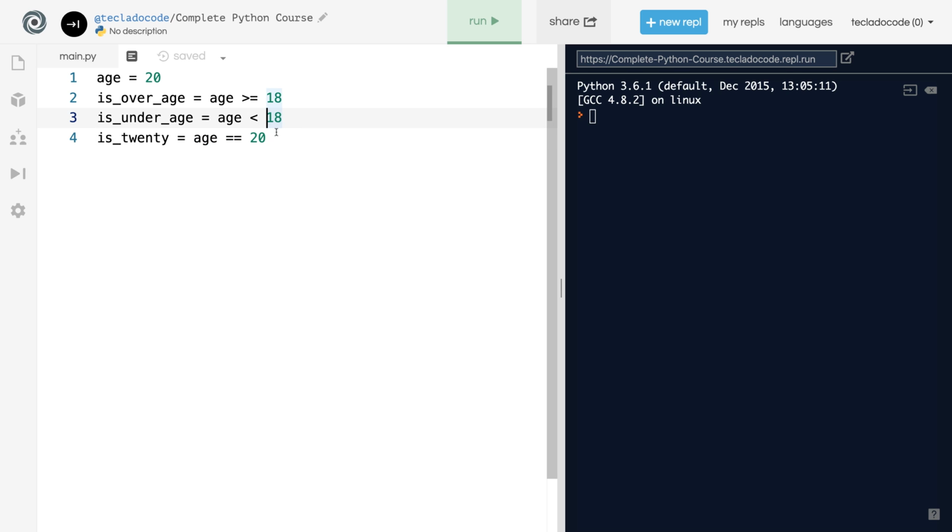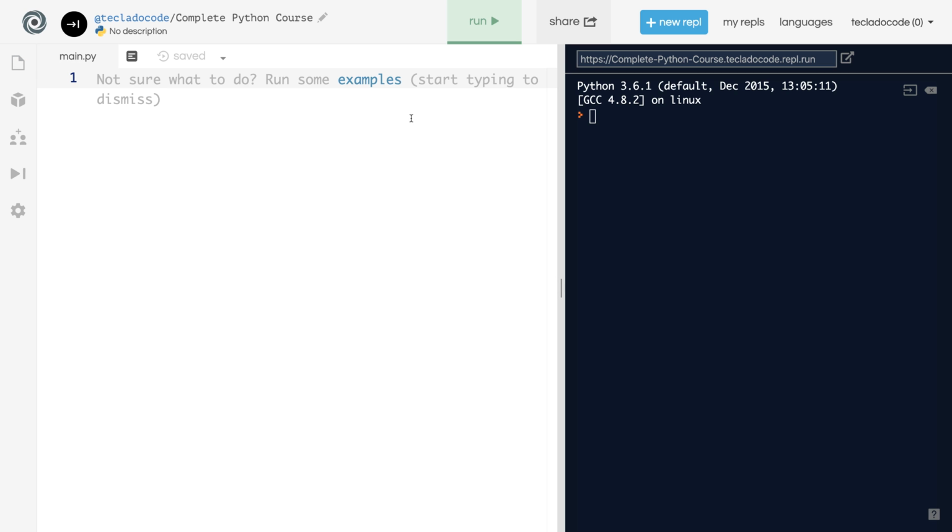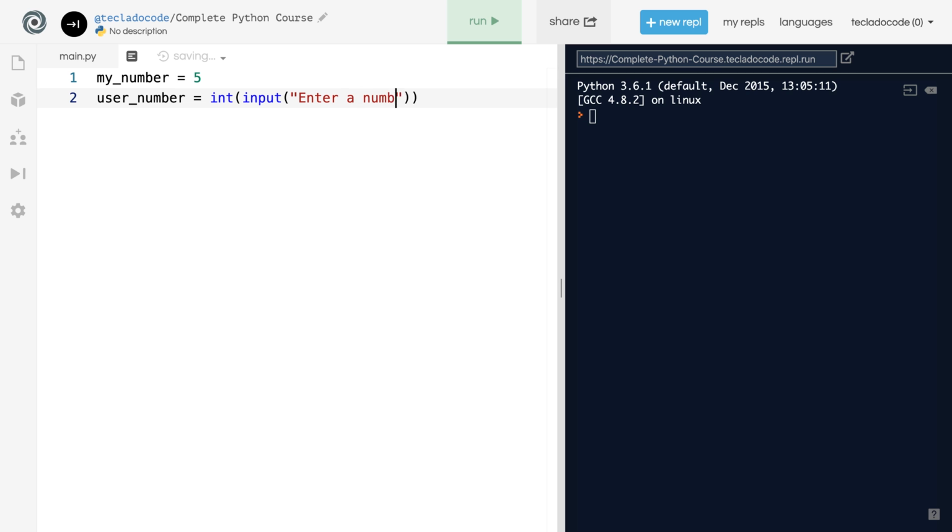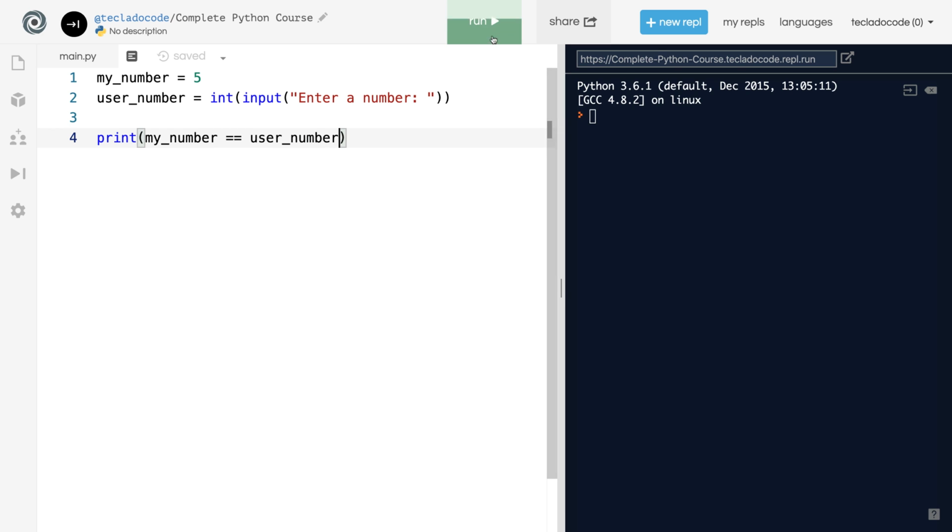Other symbols that you can use are, of course, greater than on its own, and less than or equal to, like that. Let's create a simple program that will ask the user for a number, and then we will tell them whether it matches our magic number. So we will have our number, which is 5, and then we will ask the user for a number, like that. And then we will say my number equal to user number. So as long as they enter 5, this will be true, and if they enter anything else, then it is